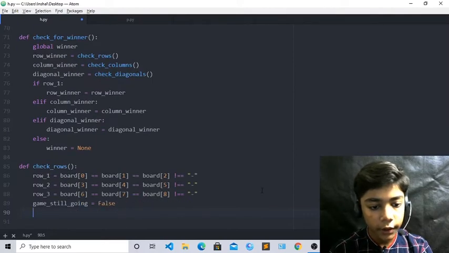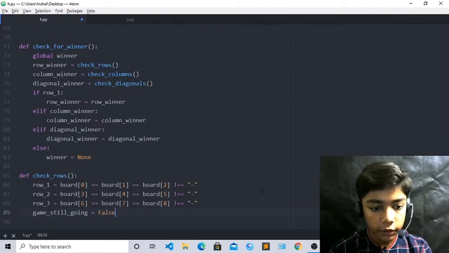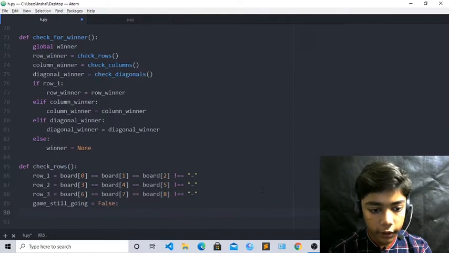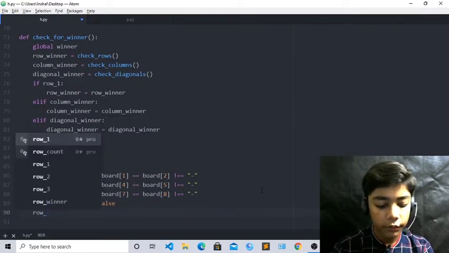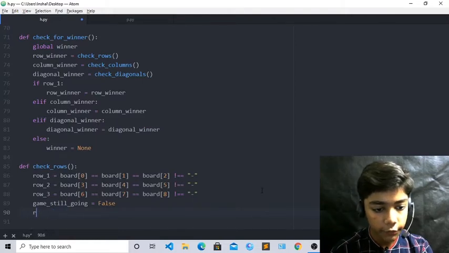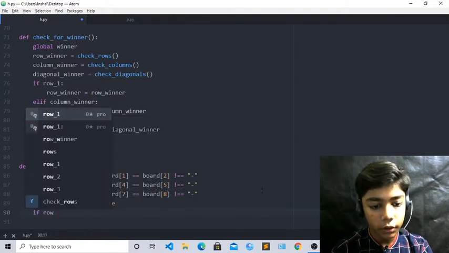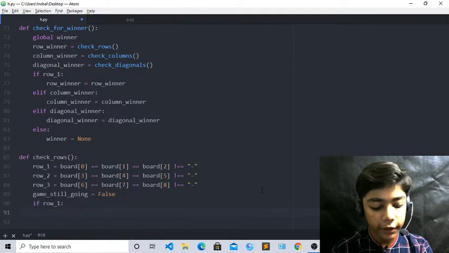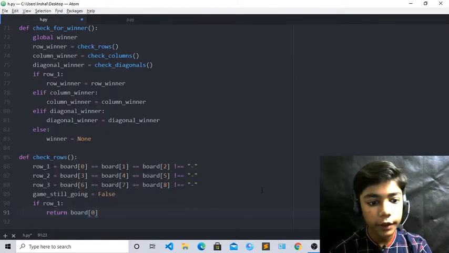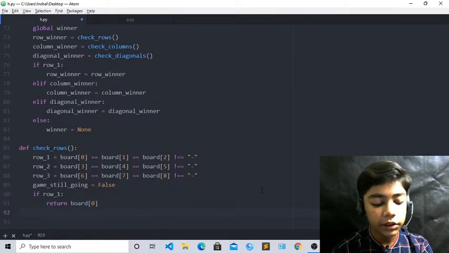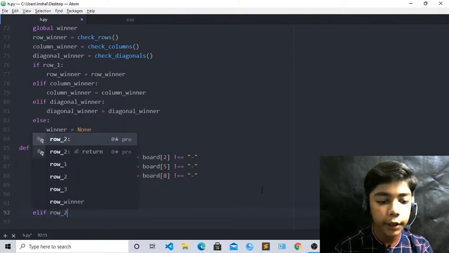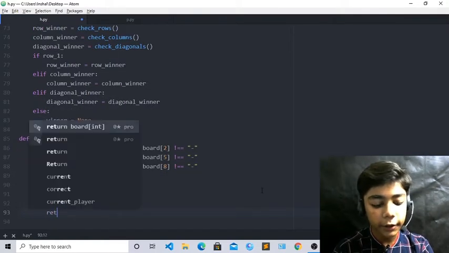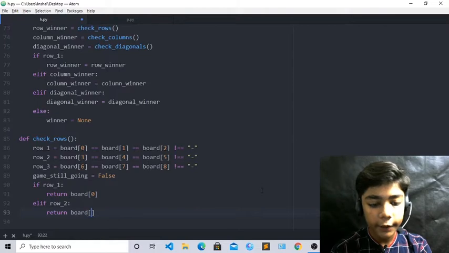So now when you have done this game is still going, just come over here and write row winner, if row 1, and you have to write return board, okay, write return board, and in this return board we have to define 0. Now come over here and write elif which will be row 2, and now it will be return board, and it will be 1, okay.